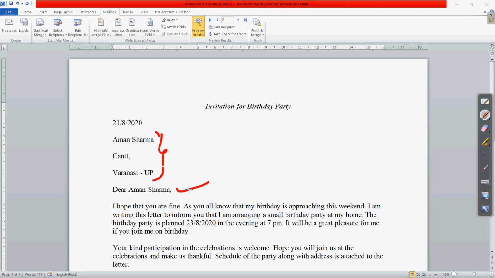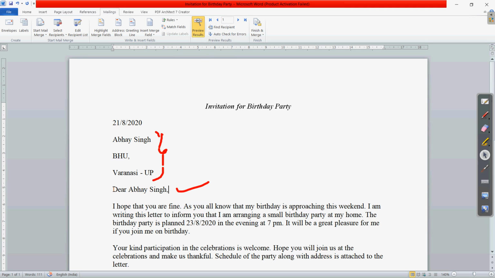Clear? So this is the advantage of this mail merge, so that you have made a same document, and now you have created the address list, and from there you can include the different addresses one by one. So let me show you. If I click on this next button, here you can see 1 2 3, these are the numbers on the right side of this preview result. Here in the preview result group, if you click on this next, you can see the next name will be displayed there. Clear?